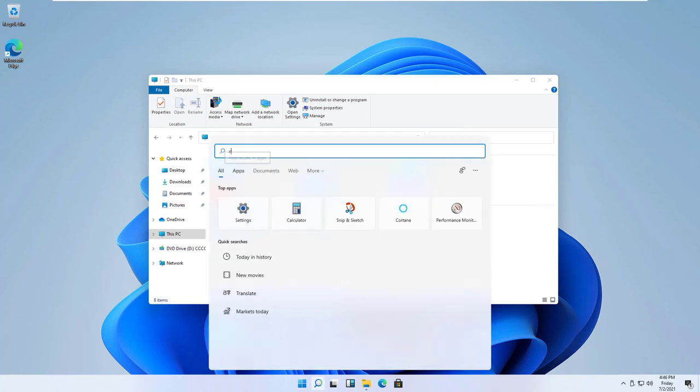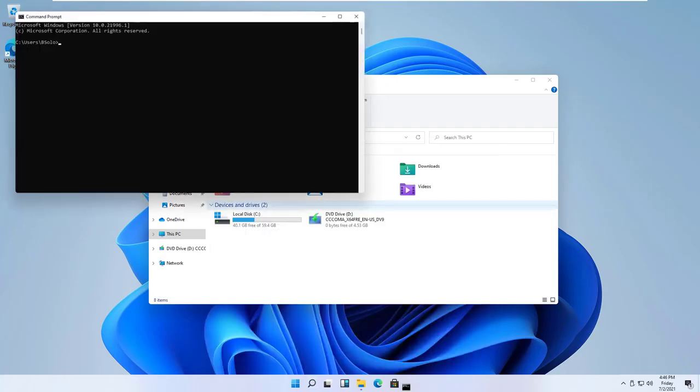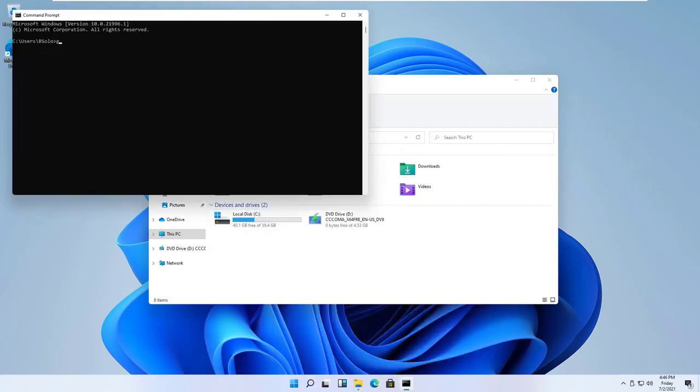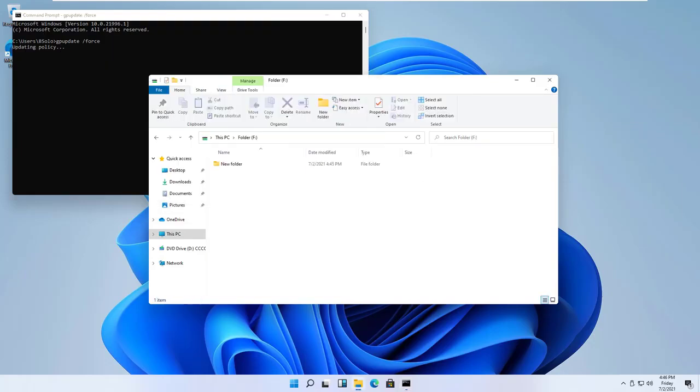CMD. GP update force. You should have a drive F, a common. Yeah, so magkakaroon siya ng project folder.